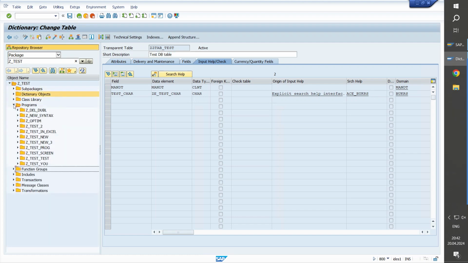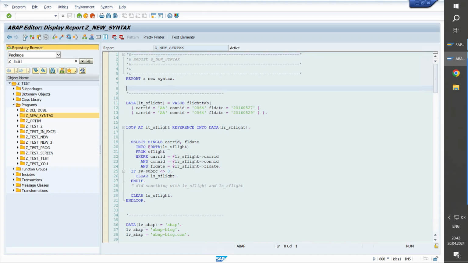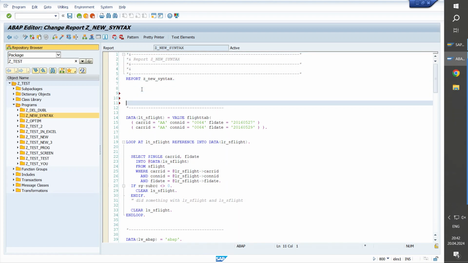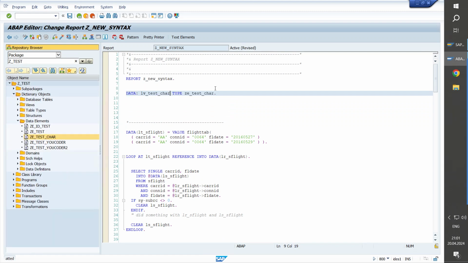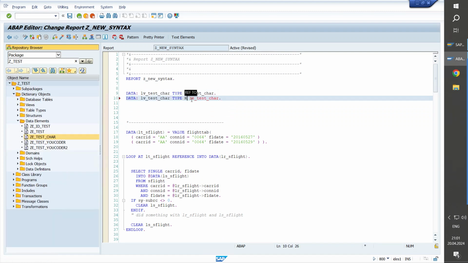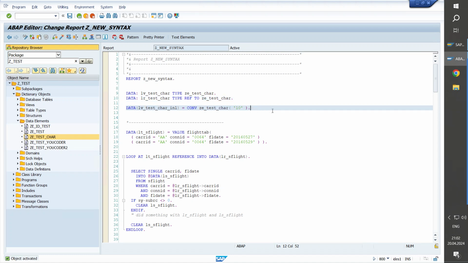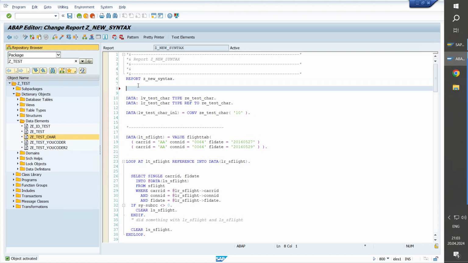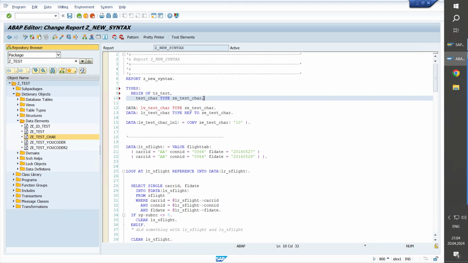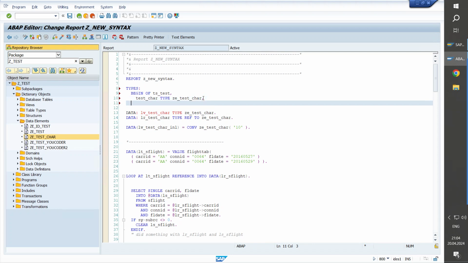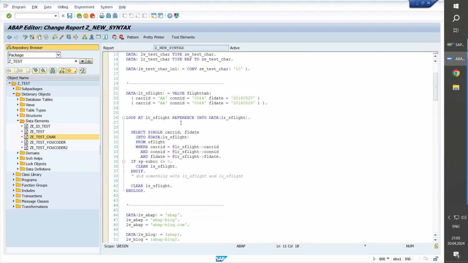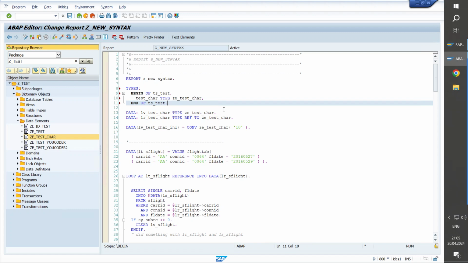And now I will show you how we can use this element in a program. We can use it like this, or like this, or like this, with new syntax. About new syntax I will tell you in future. And I also forgot about types. We can create a structure with this field like this. If you are interested in what this is, watch the previous video.